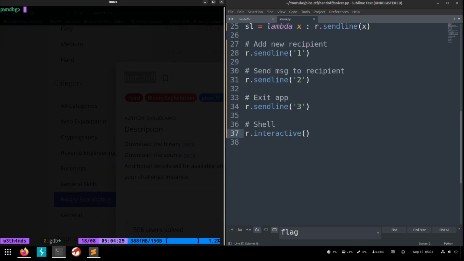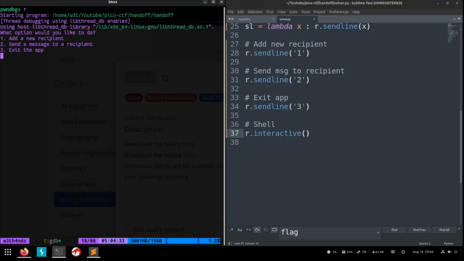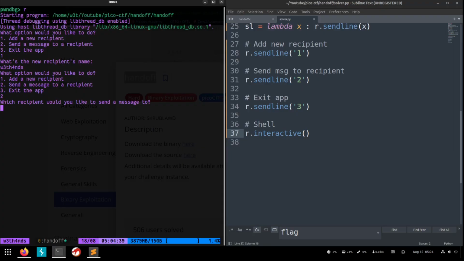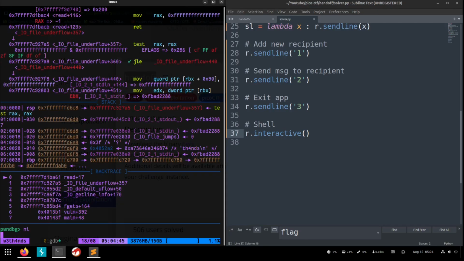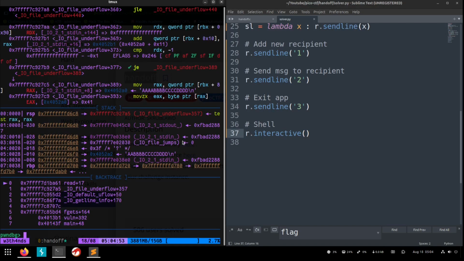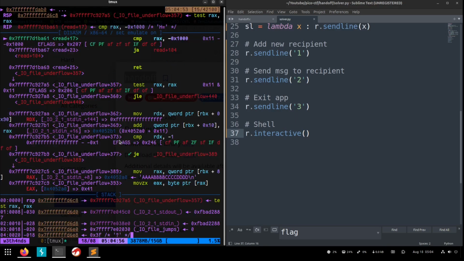So let's play around with the program a bit. Run, we see add new recipient, let's say WELLL. Alright, send a message to WELLL. I'm gonna say 0 because that's me, and then stop. Next instruction, I'm gonna say AAAA BBBB CCCC DDDD, and boom, we hit it, and we see that our payload,